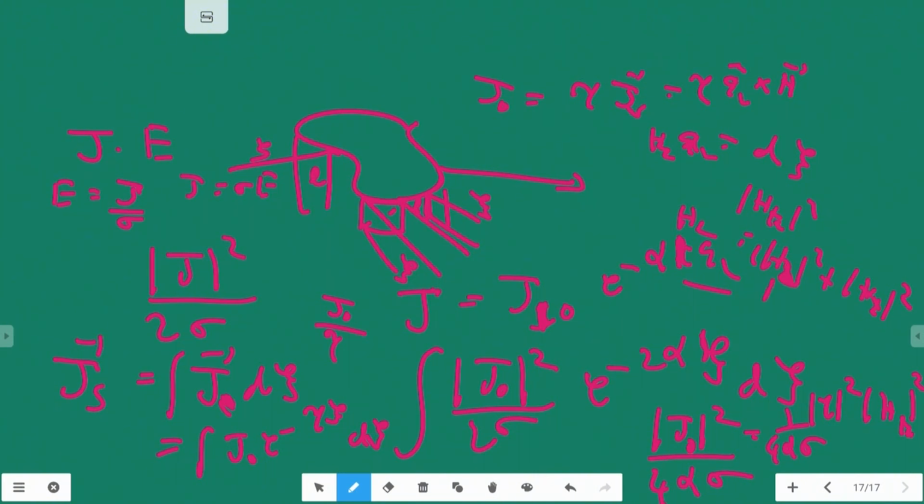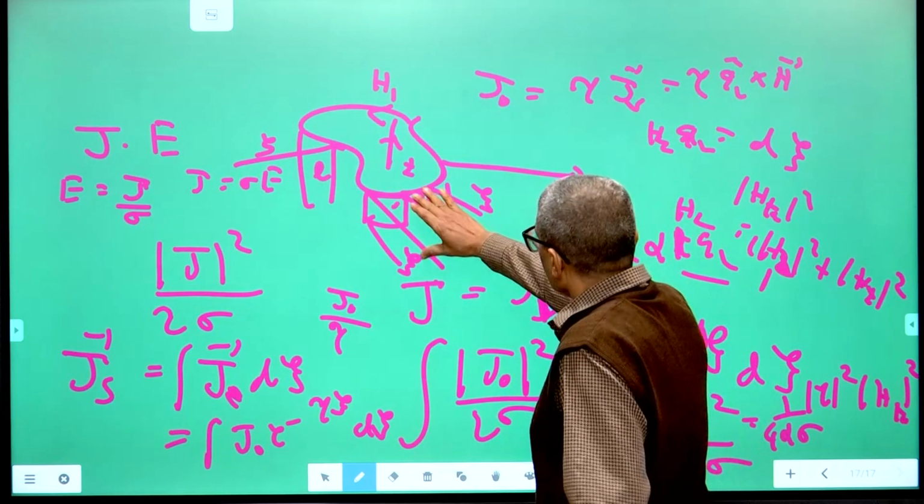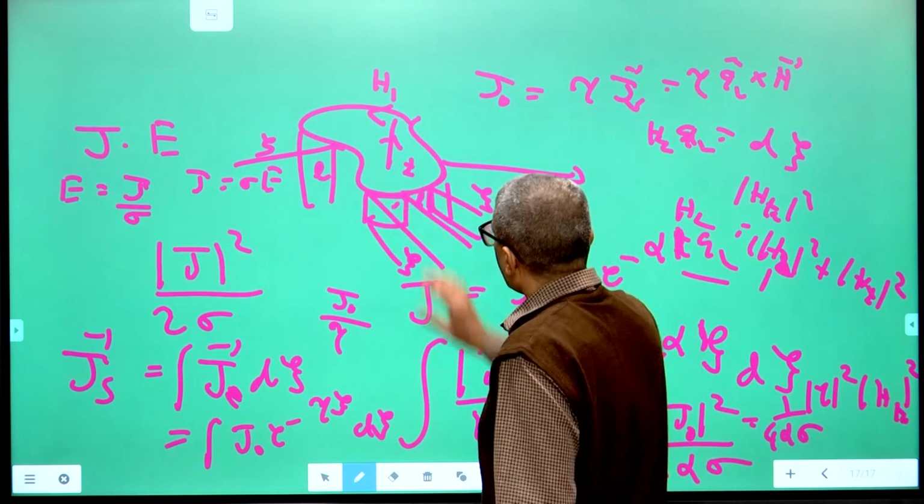That is, it has got two tangential components, one H1 along the Q1 direction, another Hz along the Z direction. The sum of these two gives you the total power dissipated, and you can get this expression when you calculate the total power dissipated per unit length of the guide. You can also calculate the amount of energy stored.